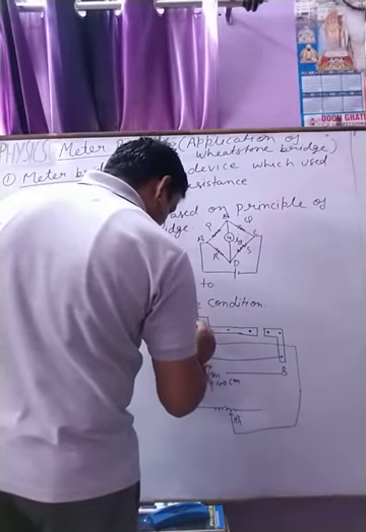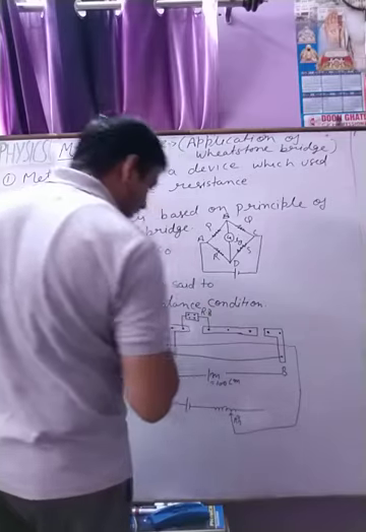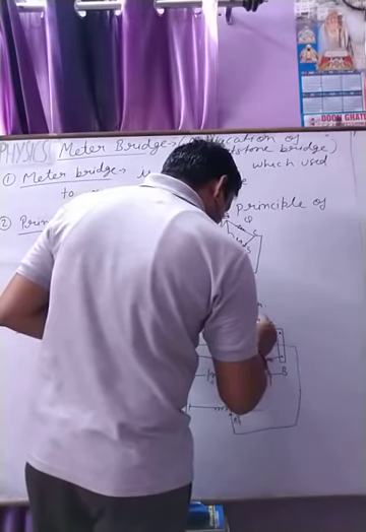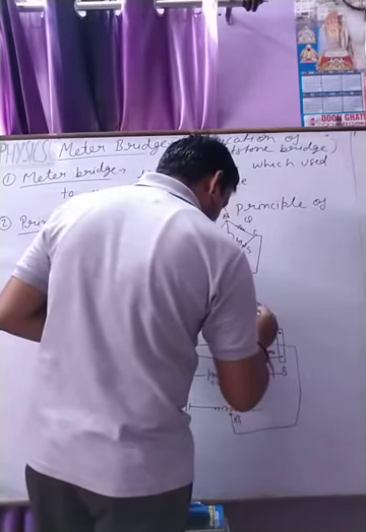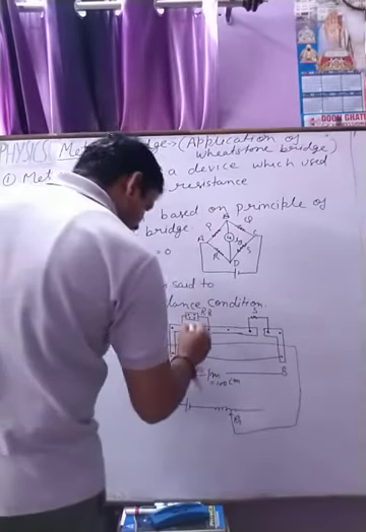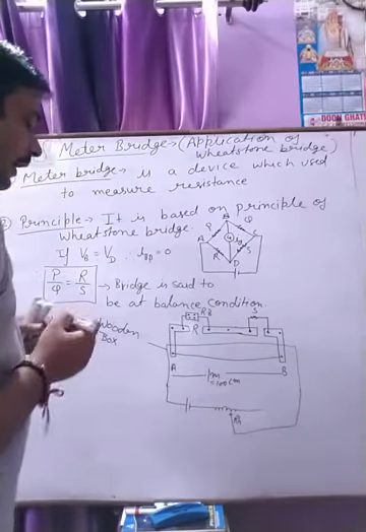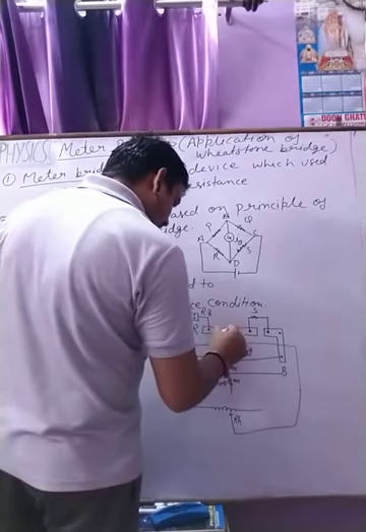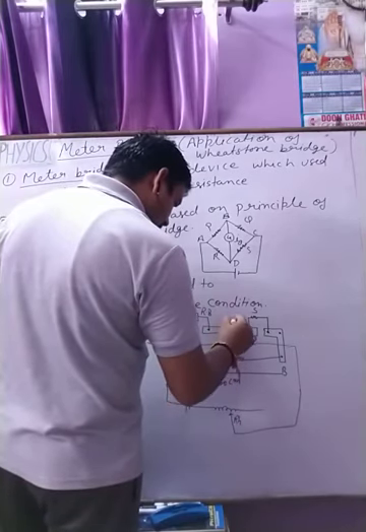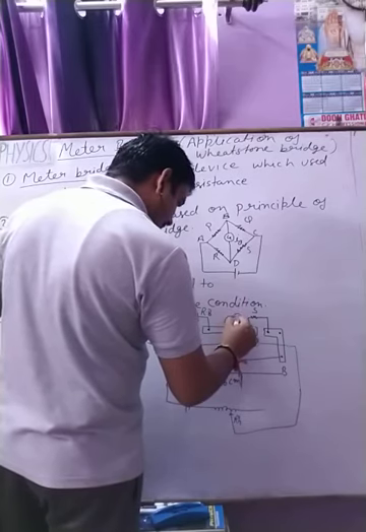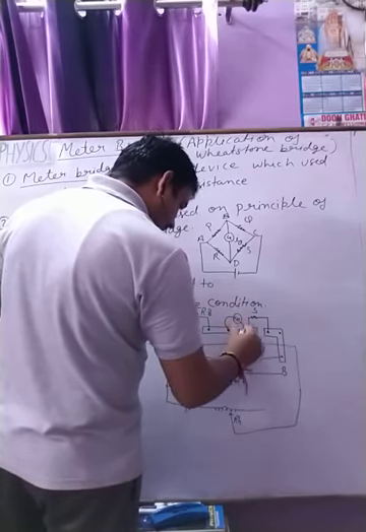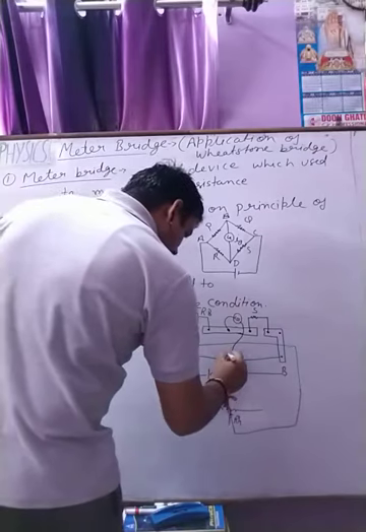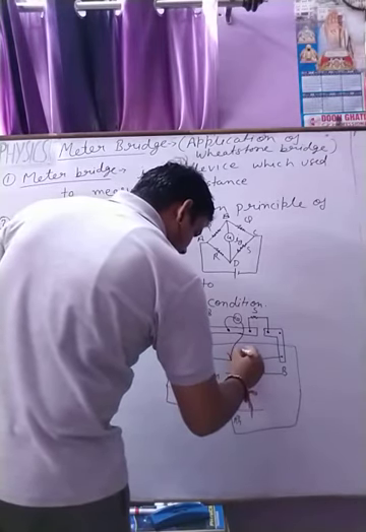This is RB, resistance box, and with the other gap we connect an unknown resistance, which we call S, and this we call R. With the center terminal of the strip a galvanometer G is connected, whose second terminal is connected with the wire with the help of a slider, called a jockey.